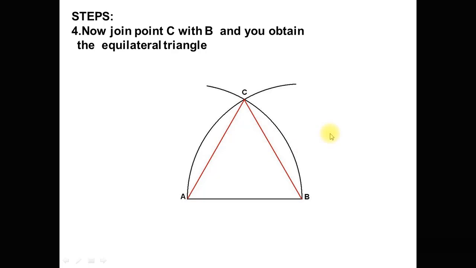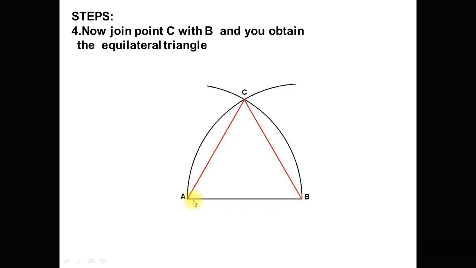So dear students, I would like to repeat the procedure of how to construct an equilateral triangle. In an equilateral triangle, all three side lengths are equal. So we have only one side. For example, one side is 4 centimeter. Definitely the other two sides will also be 4 centimeter. So first of all, draw the base. For example, this is line AB, 5 centimeter, 4 centimeter, 6 centimeter, etc.